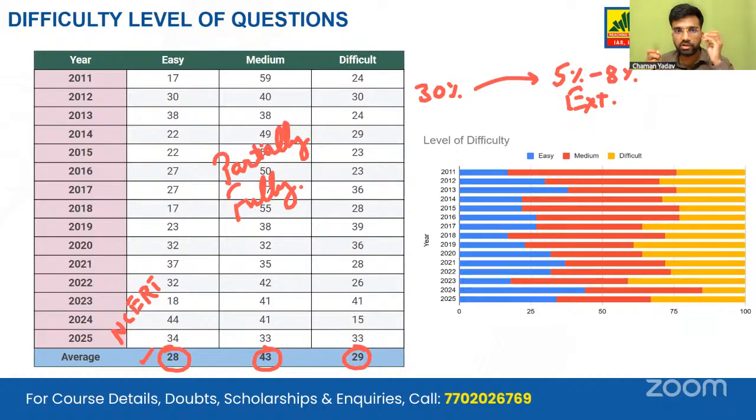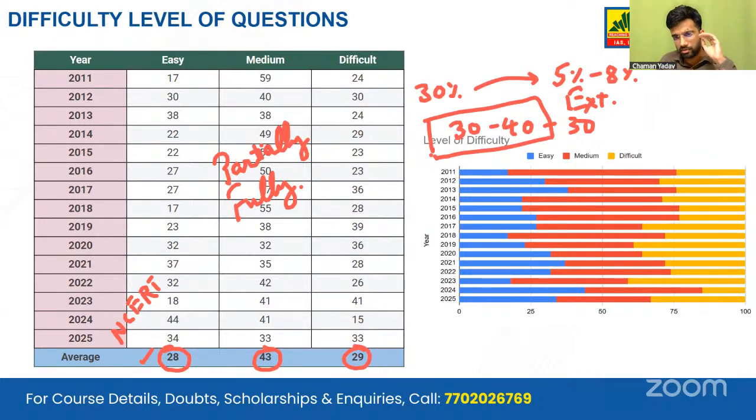True, sir. But if they have just read the NCERT of art and culture, Introduction to Indian Art, and a particular question comes from that, then we can say it is in the easier category. So I would say it's a 30, 40, 30 ratio. If you are doing the 30 and 40, this 70% of questions, and you have a strike rate or correction rate of 80 to 90%, then over the past few years, we have seen that you will be comfortably clearing the cutoff.